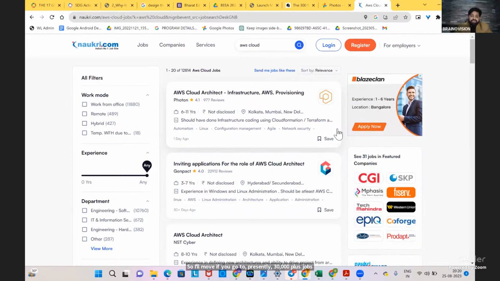AWS is very easy and anyone can learn it, even a mechanical person. For the exams part, we will provide the training, and I will explain how we provide it. But you can take training outside also. Generally, we are not promoting, we are just saying, wherever you feel happy, you can take